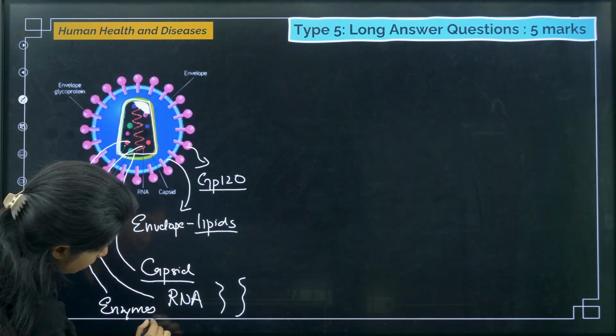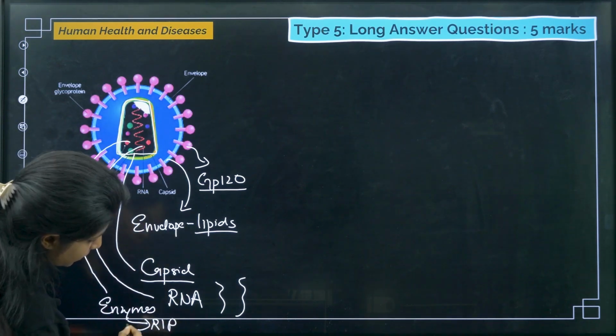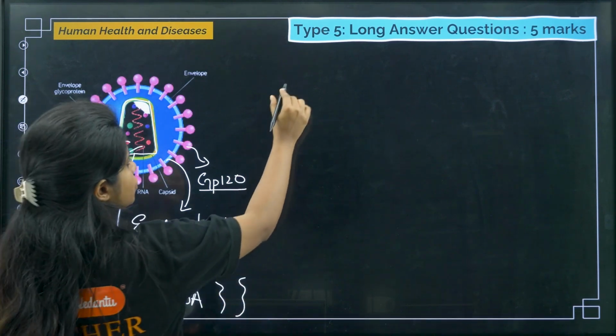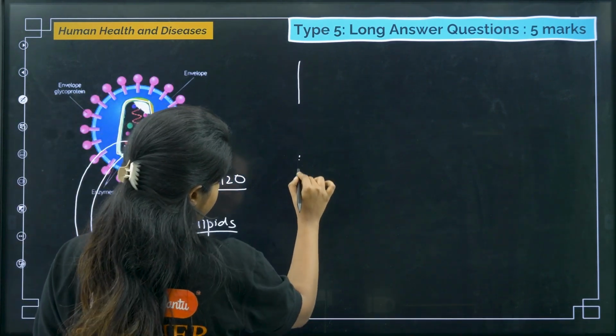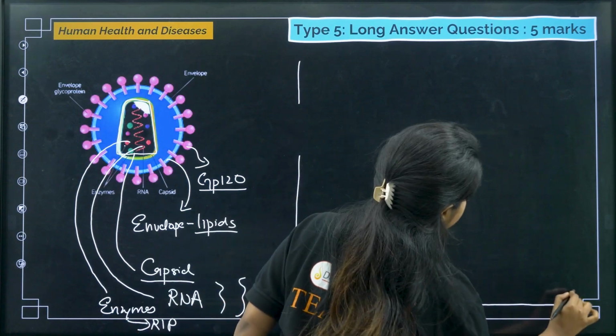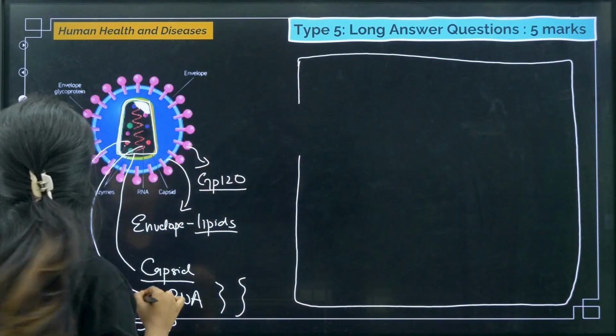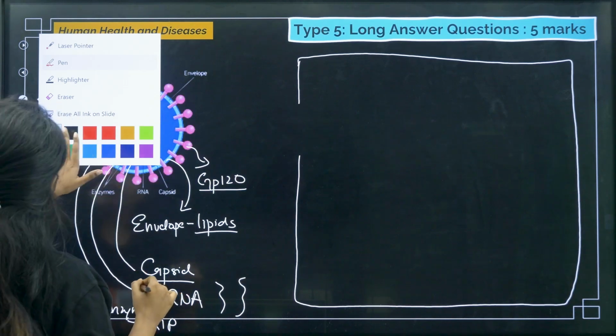I call it RIP because they kill our cells. You'll get to know what is RIP. Suppose now the HIV virus has come inside our body, and now